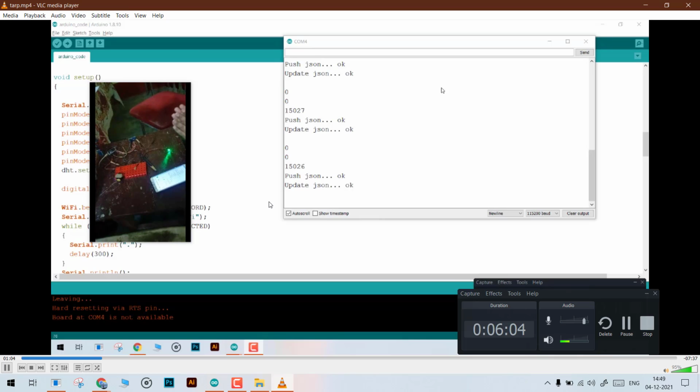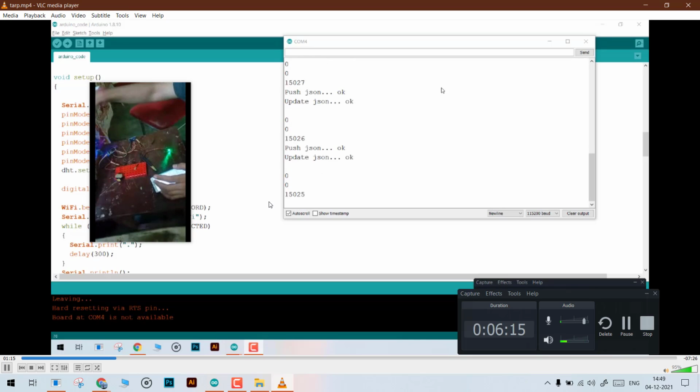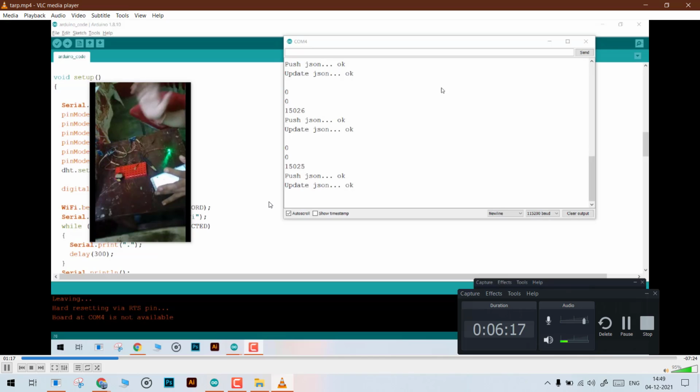For this DHT11, I am using an Arduino as a power supply because I don't have an external power supply, and this DHT11 sensor measures the environmental temperature and the humidity as well.